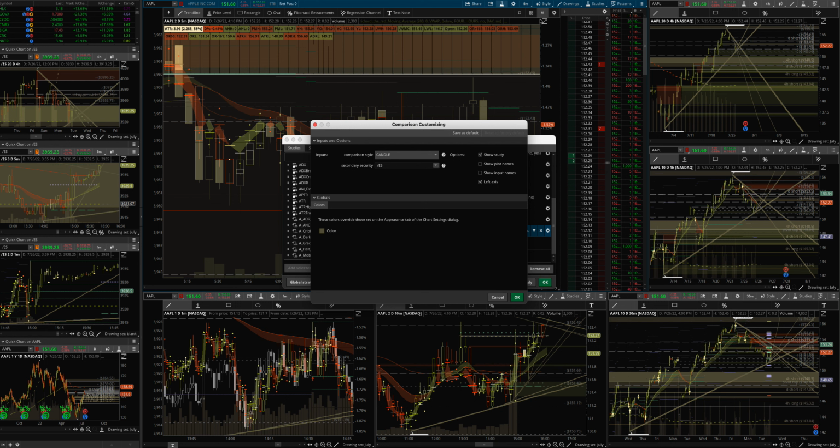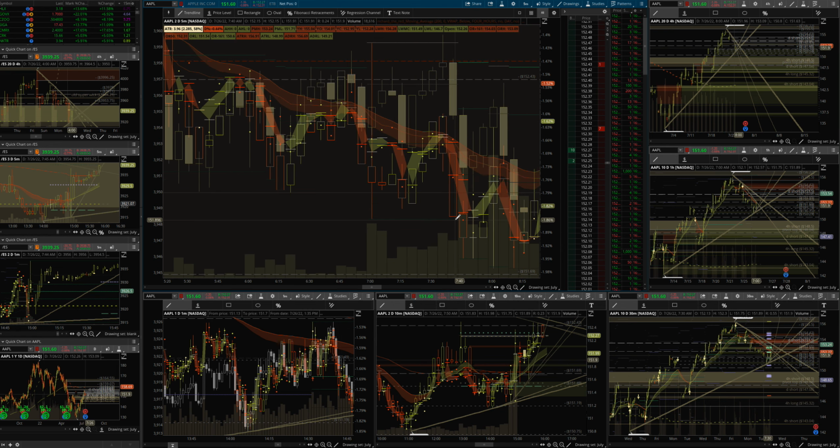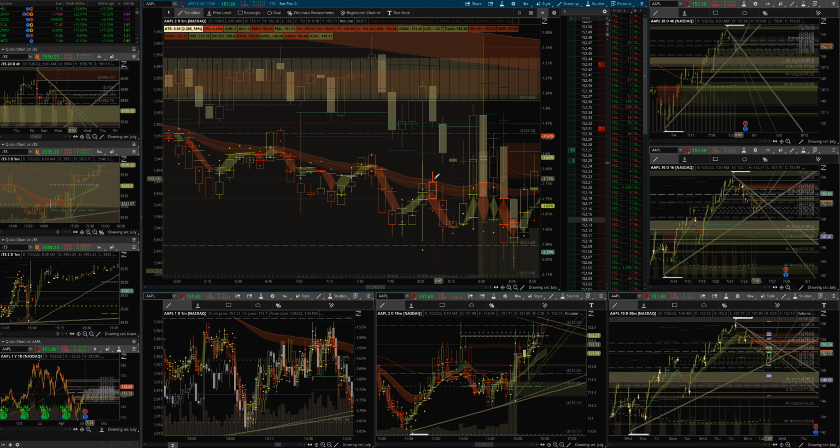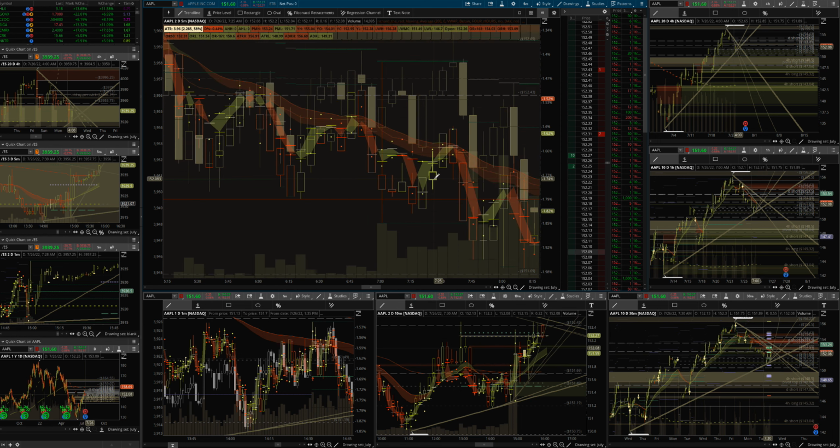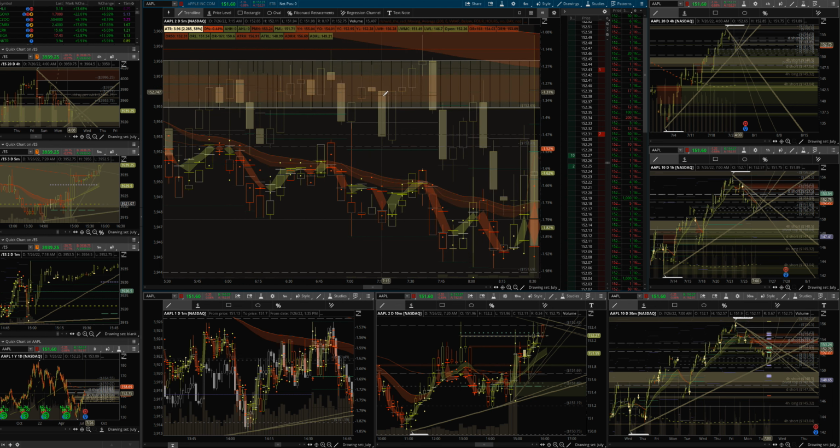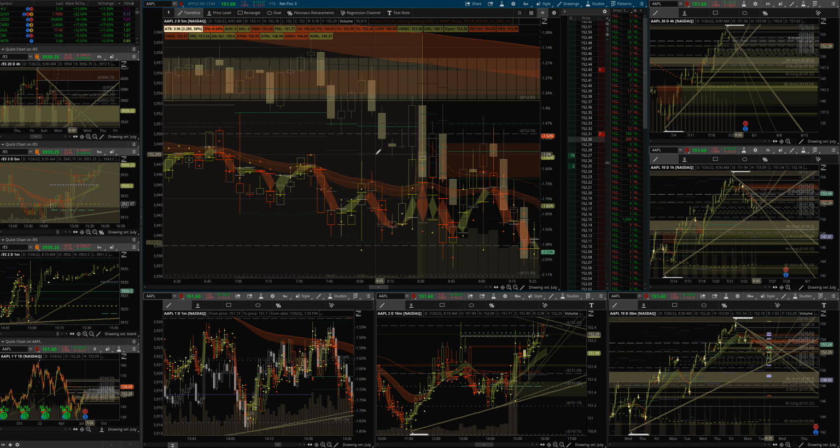So when you have auto set up, the way the screen will reflow is it'll take both tickers and just reflow them as if they were both in there, which means it moves around a lot. But you can see a more one-to-one comparison. This is going to be the actual ticker. So for most people, they're probably going to be able to use the comparison study to do the one-to-one comparisons